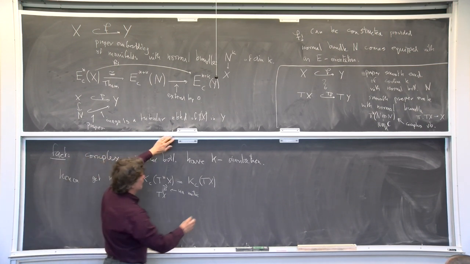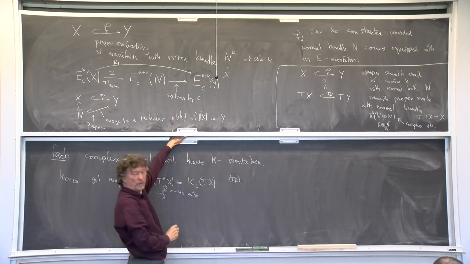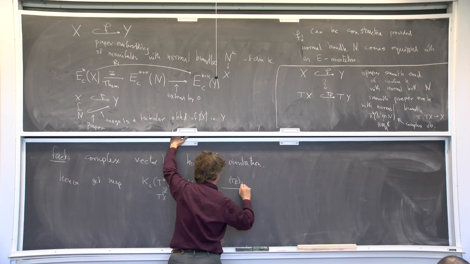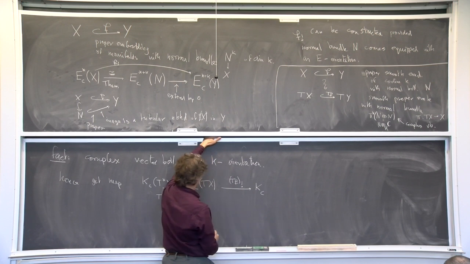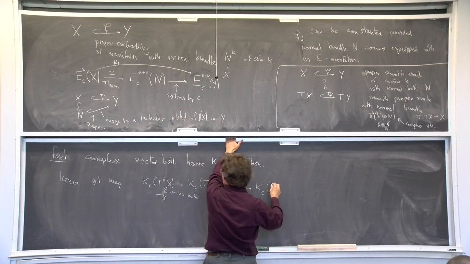And then I have this map associated to this proper embedding, the Schweik map, that will go from the K-theory with compact support of X